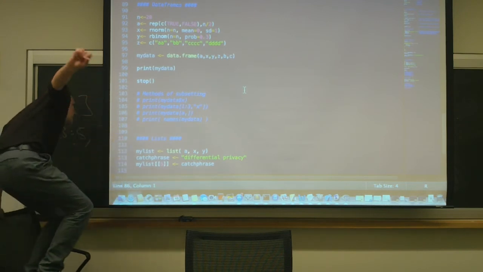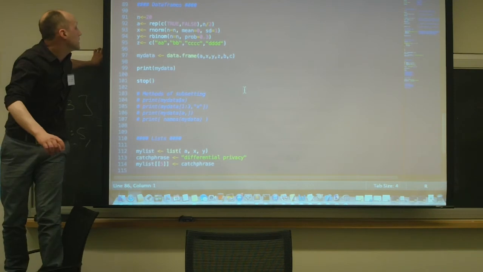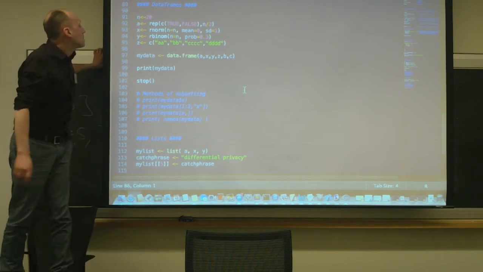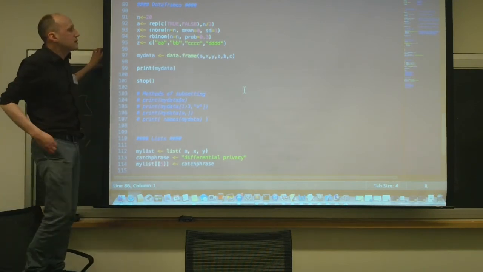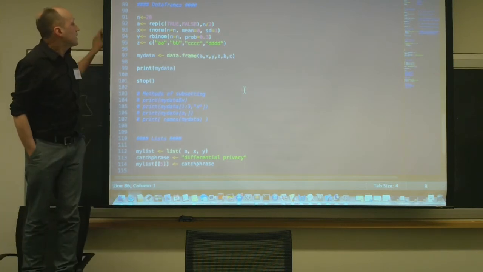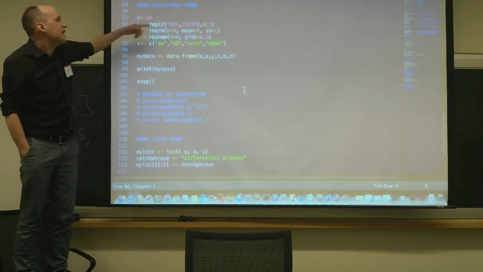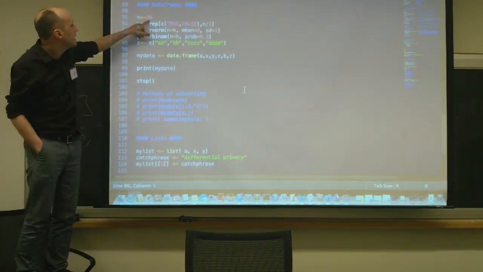I'm going to set some parameters. For those of you who might be doing Monte Carlo simulations, here's an example of building some fake data that you might want to test your algorithms on. I'm going to construct M. I'm going to assign it to be 20, so that's just an integer. Again, really, it's an array of doubles in R.